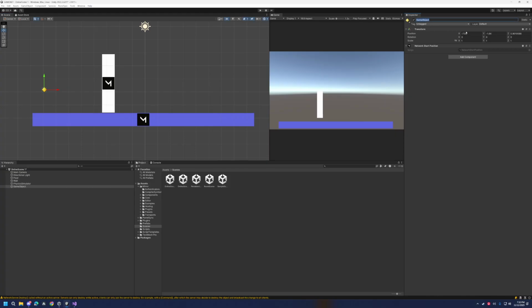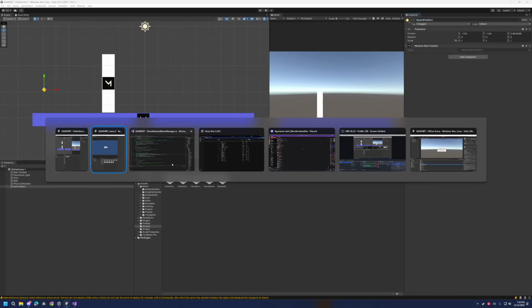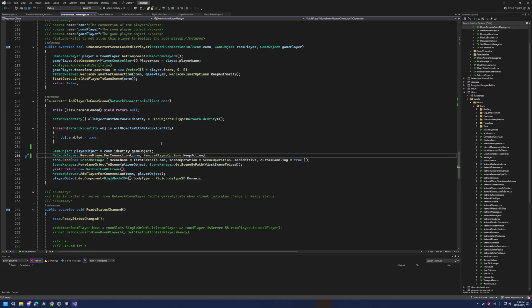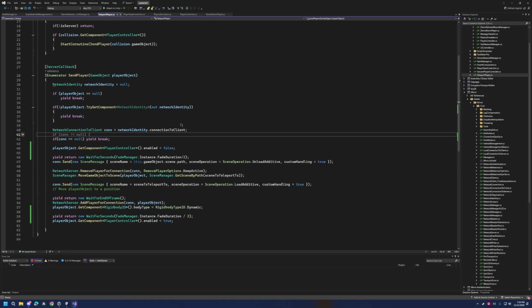Let's call this spawn position one. No space. Spawn position one. You have to remember this name. Why? We're actually going to use a function that I normally don't use, but it is one of the only ways to do it, which is called